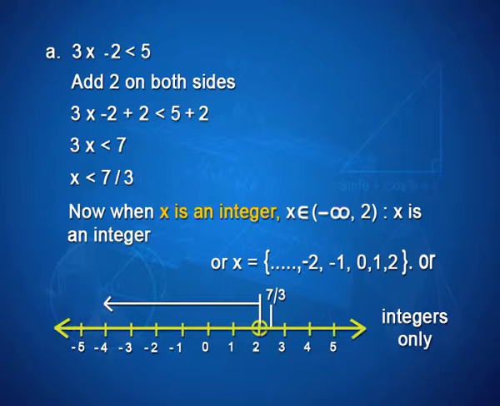And note here that we have a hollow circle at the first integer before 7 by 3, that is 2. The arrowhead points on the left hand side of 2 because we are interested in all the integers less than or equal to 2, and if we have to express the answer on the number line, it is expressed as shown on the screen. Note here, the immediate integer on the left hand side of 7 by 3 is 2 and we have a hollow circle at 2. Let us solve the inequality.